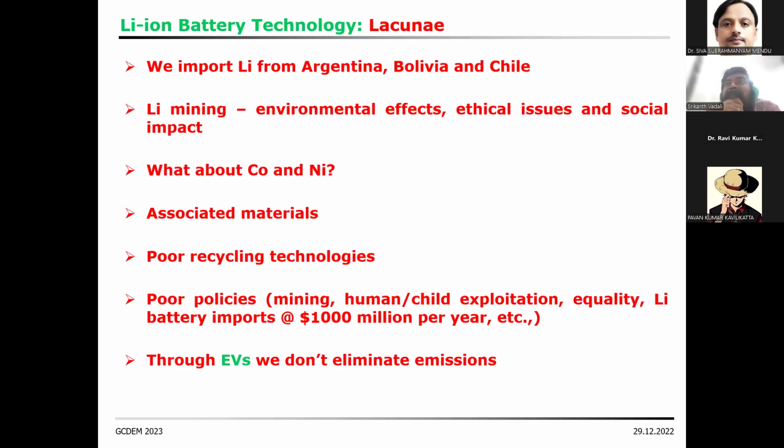You're exploiting unethically the humans there, the women, the children are exploited, and then their health is affected, their natural resources are affected, and basically you're exporting the pollution somewhere else to have the so-called green energy technology in some limited countries. Okay, and you have associated materials. For example, if you want to have an EV, electric vehicle, on one hand you need a battery stack. Yes, you need lithium, you need cobalt, you need nickel, which unfortunately we don't have here.